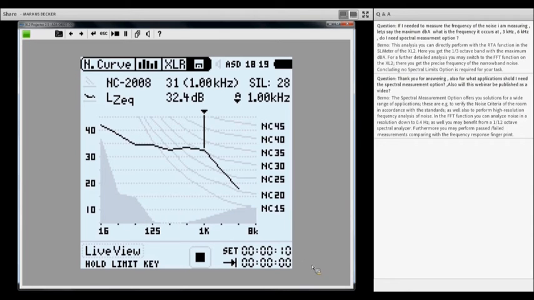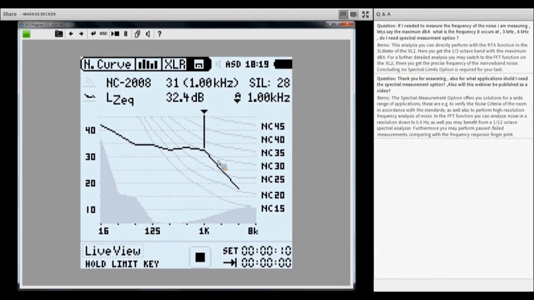So you have seen the countdown down here, or the run indication up here, which indicated that the measurement is in progress. You have seen that very quickly there was this black curve visible on the screen. This is my measurement result curve. And you see here the cursor has automatically found that point of my measurement curve that is the highest one in relation to the noise curves. So this is the point here at 1 kilohertz that gives me this result of 31 for the noise curve standard 2008. You also see here on the right-hand side the SIL result for this measurement.